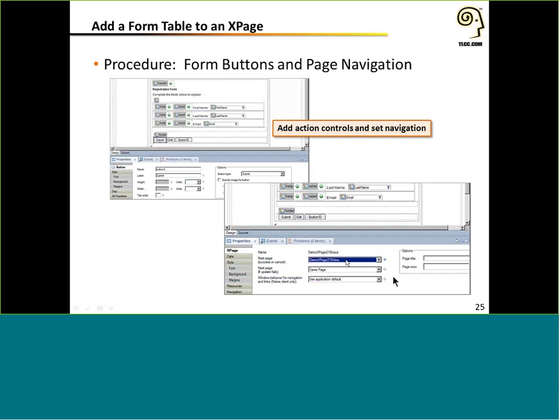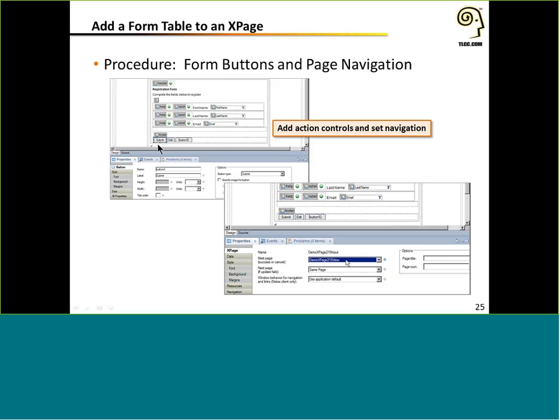Now, just to round out this discussion of using the form controls, we're going to touch on adding your buttons for your actions and simple navigation. As Paula mentioned earlier, generally you have this footer facet here that's part of the form table, and since it's a named facet, it can only have one direct child element. So what we start with is dropping a panel inside of the footer, and then we can add as many buttons as we need to that panel. The nice thing that does for you is it also gives you that nicer look and feel, that visual separation with that button bar at the bottom of the form.